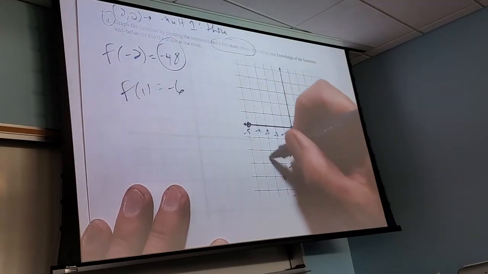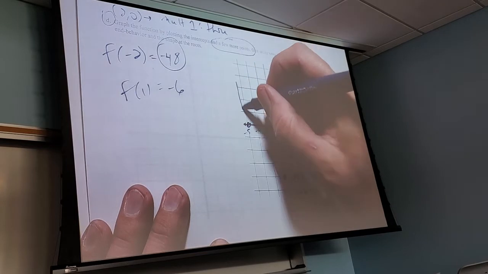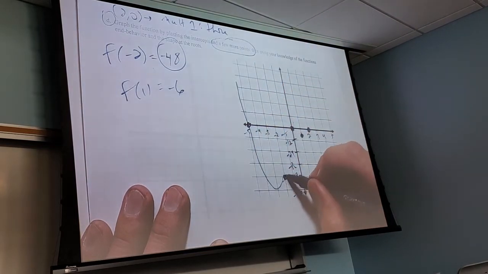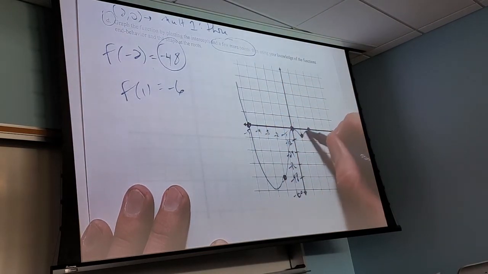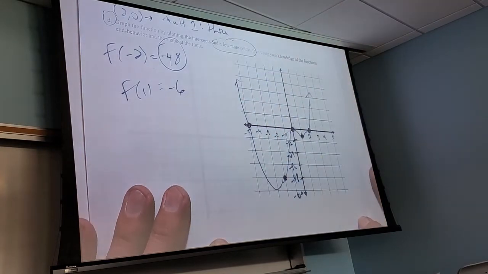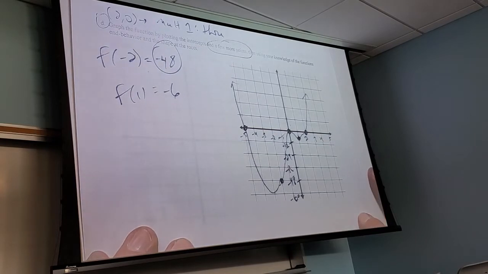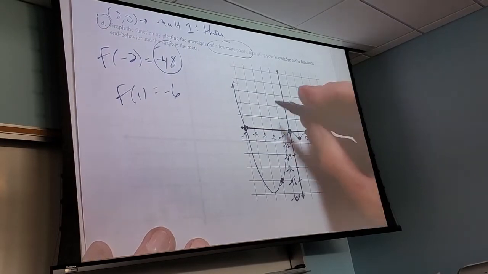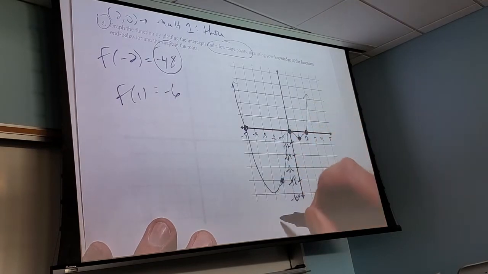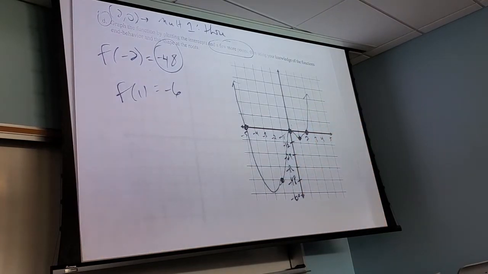Now, do you think it goes like this, or do you think it more likely goes like this? Do you see how that just kind of fills itself in now? Maybe. Now, that's still not great. I probably should have plugged in f of -3, but it doesn't matter. You just need something to at least give me some idea that you understand what other points might help you,